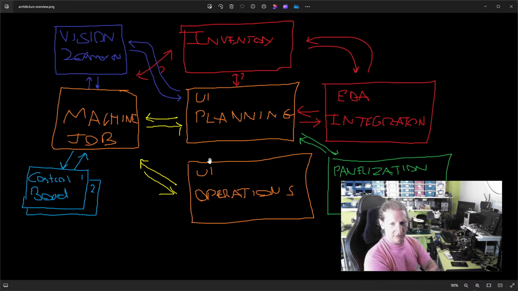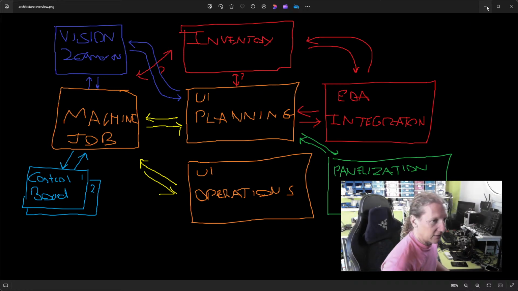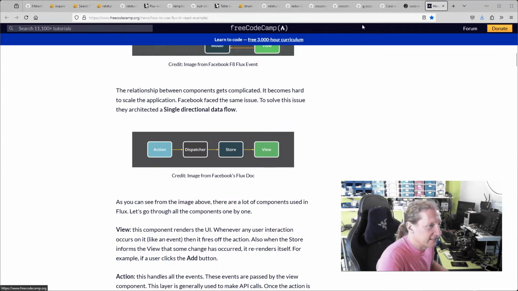So if we've got a user interface and it's using a store, which is kind of similar to what you have for integration with parts as well, you would have sort of inventory, parts store. So it sort of fits well, this Flux. At first glance, this Flux thing seems to fit well with where I want to go with this long term. So I need to sit down and have a look at it. There's some interesting examples floating around on the internet,